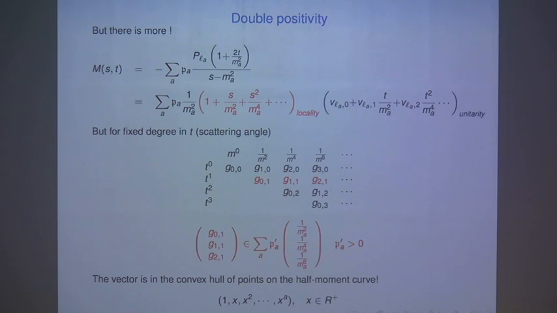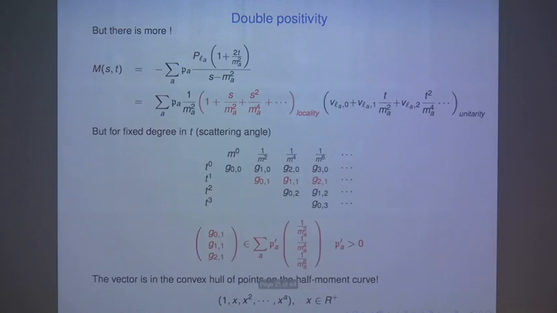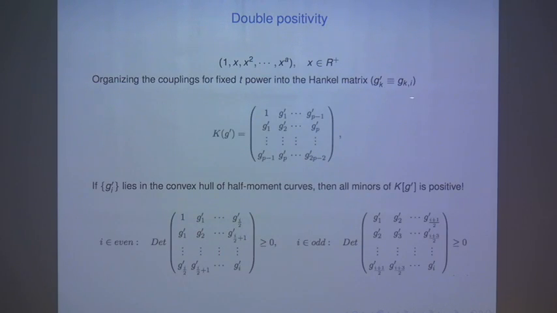So basically, a moment curve is just a 1-dimension curve in n-dimension space, which is parametrized so that each entry is a different degree of x. And we call it a half moment curve because here x must take positive values, just because the mass is positive. So this is another positivity coming from the propagators, and we can deduce what the constraint of this positivity is, and that is simply that if you organize these couplings here, since they all have the same power of T, I can suppress this T factor. So let me just call it G prime. So G prime, I've suppressed the factor of T.